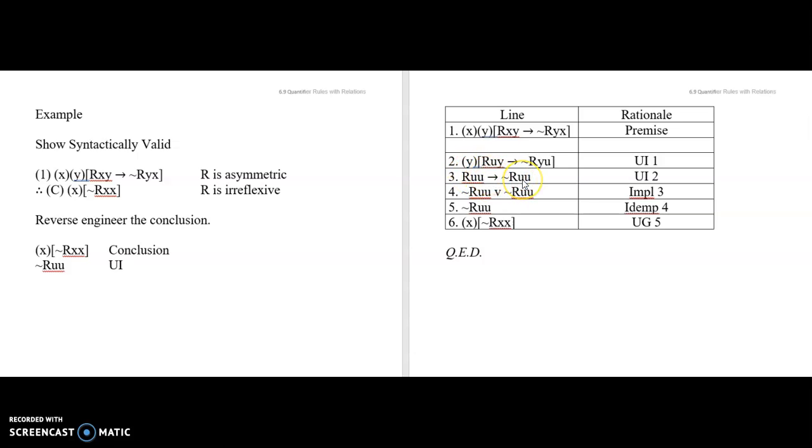And one clever way of getting from this construction to just not Ruu all by itself is to use Impl on this, and that sets up a disjunction where the left and right disjuncts are identical, and that allows you to use idempotence. And so now you've got the not Ruu by itself, and you can just go ahead and universally generalize from there to the conclusion, thereby demonstrating that